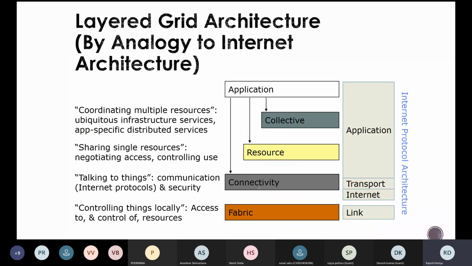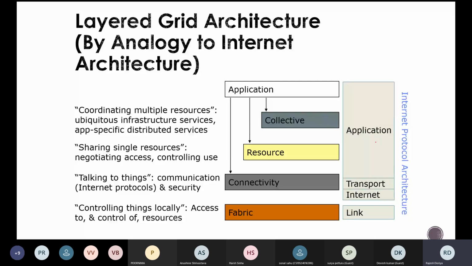Then this is the layered grid architecture, which is very much analogous to your internet architecture. In the internet architecture, we have seen that at the bottom we have the link layer, then internet protocols and transport protocols, and on top of these we have applications.